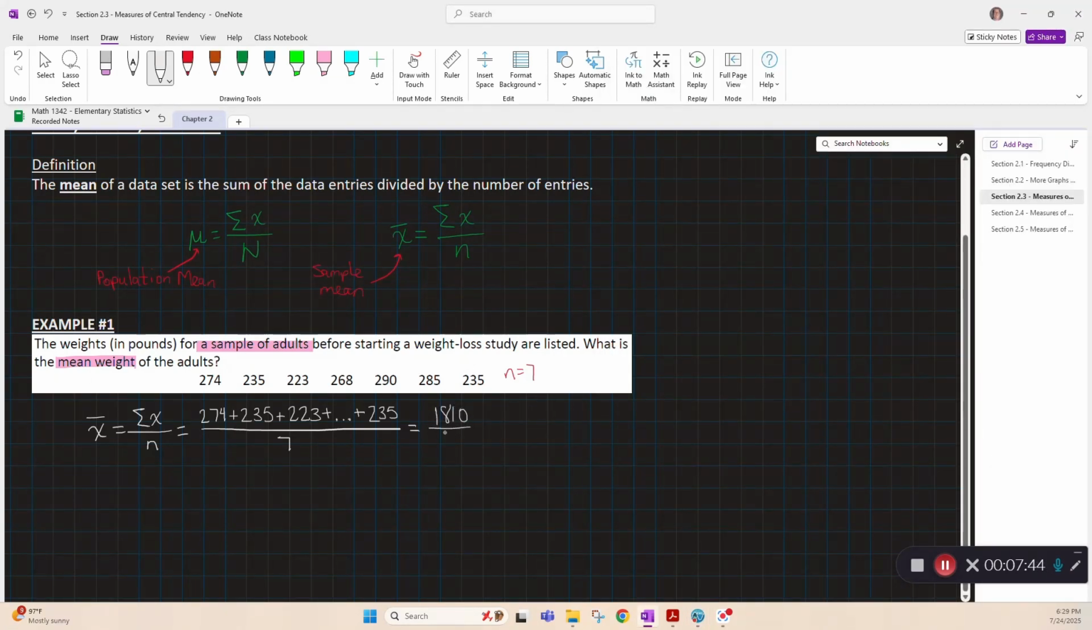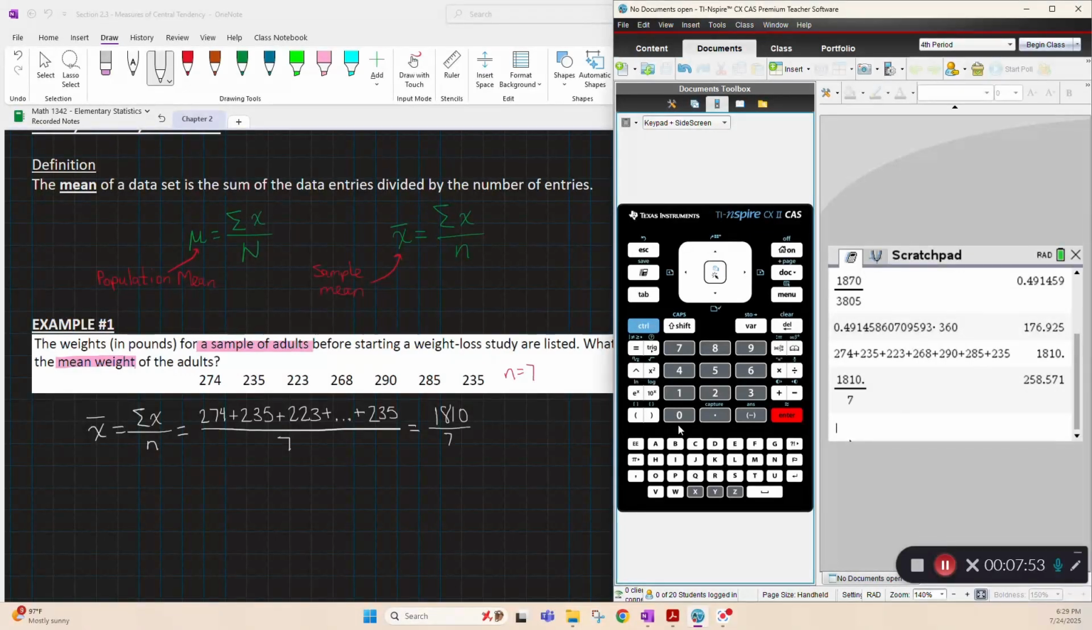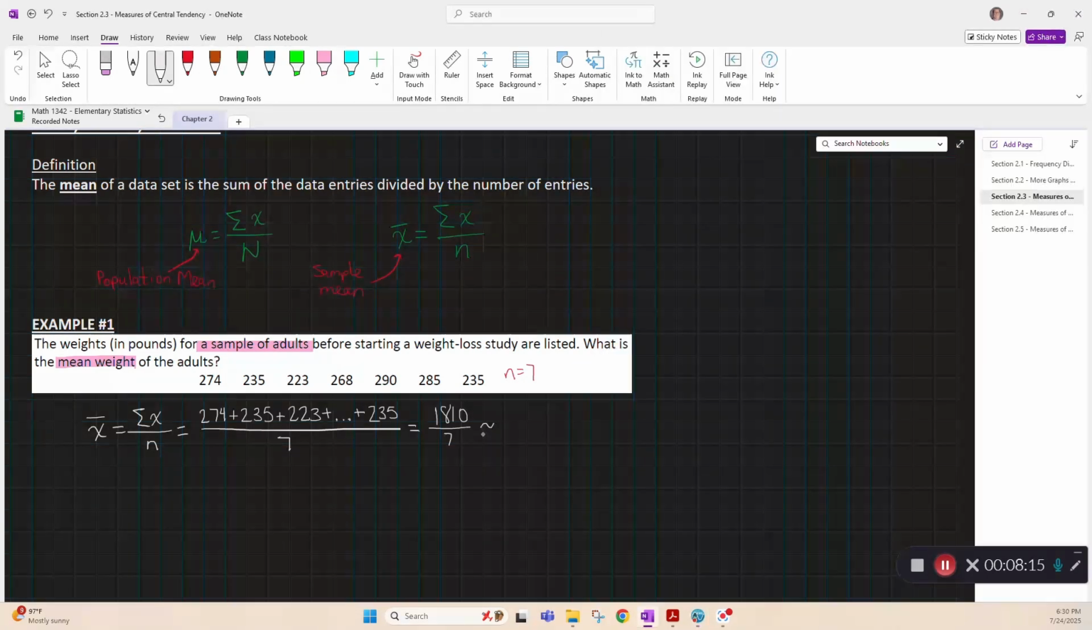1810. Divide that by 7. So divided by 7. 258.571. Okay, so when we deal with statistics, we typically round one more place than the data is given. So they give it to us to the nearest ones, so I want one decimal. I'm going to round that to 258.6. So the mean is approximately 258.6